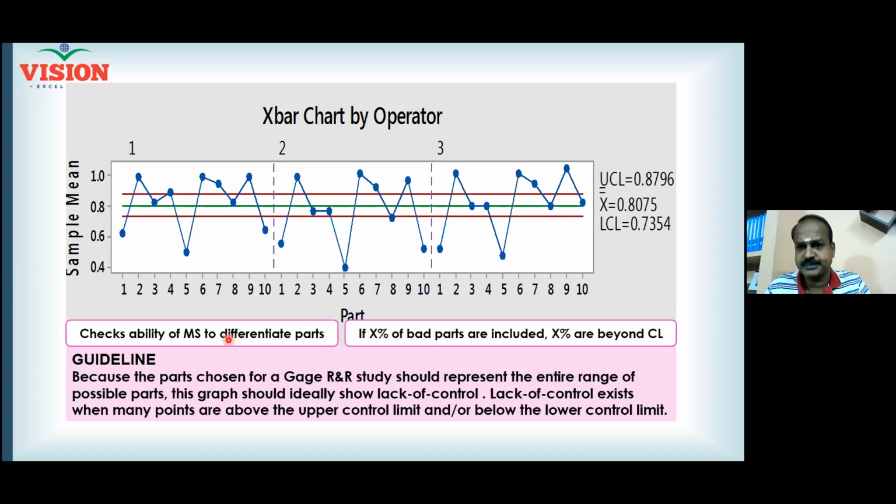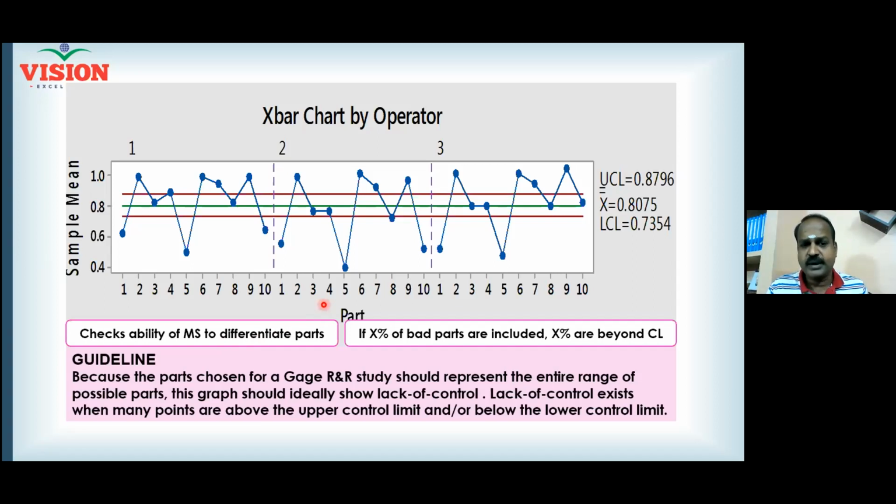Am I right? Yes. So imagine a company checks based on the specification limit, and now you are taking 10 parts inside the specification limit. Suppose your company, in spite of checking with respect to the specification limit, still maintains some rejections. Now you have to include samples from rejected parts also inside your measurement system study, because we really want to understand whether our measurement system can discriminate the good parts and the bad parts. So that is one clue I'm giving.